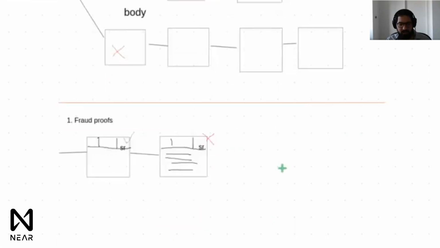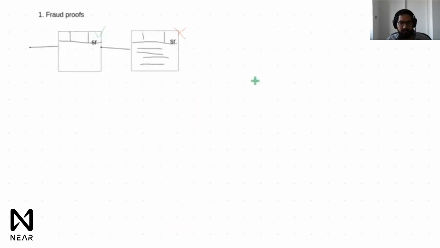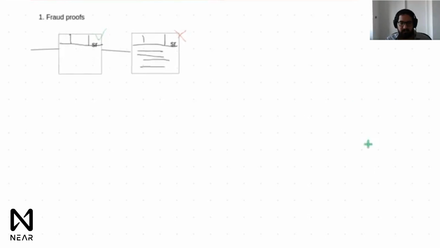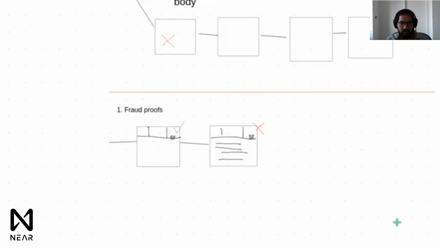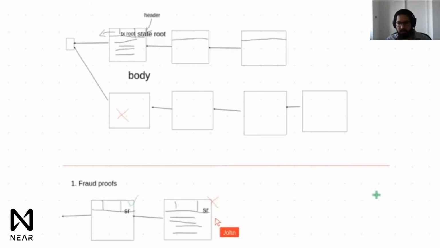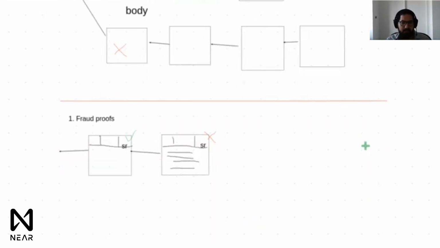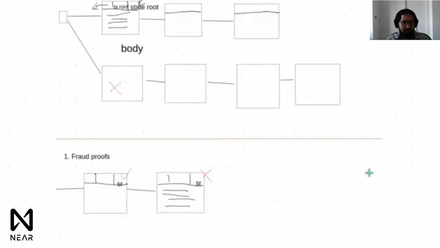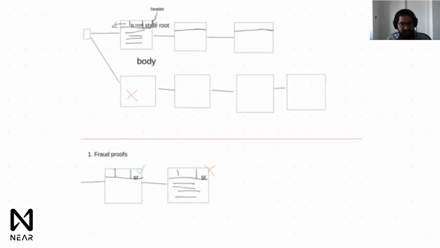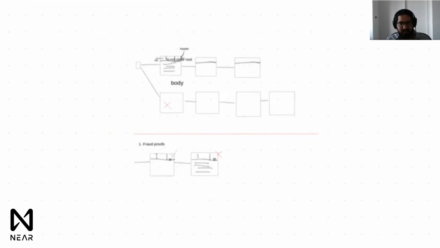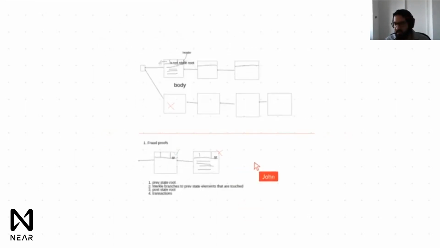So the light node has the previous state root. It's also given Merkle branches to the previous state elements that are touched. And it's given the entire block, so it's given the post state root, and all the transactions. Okay, and it's given the transactions, right? In the naive case,